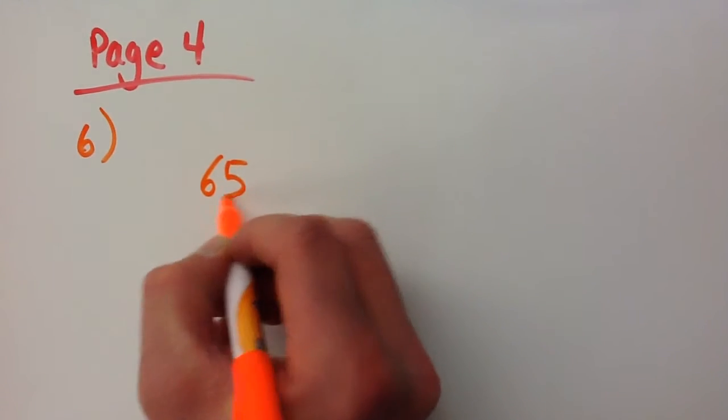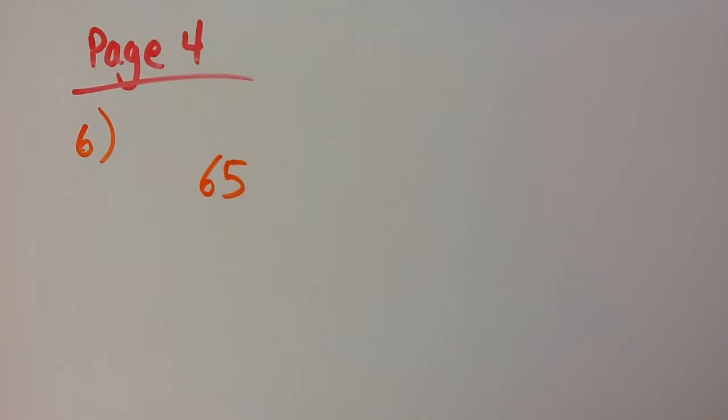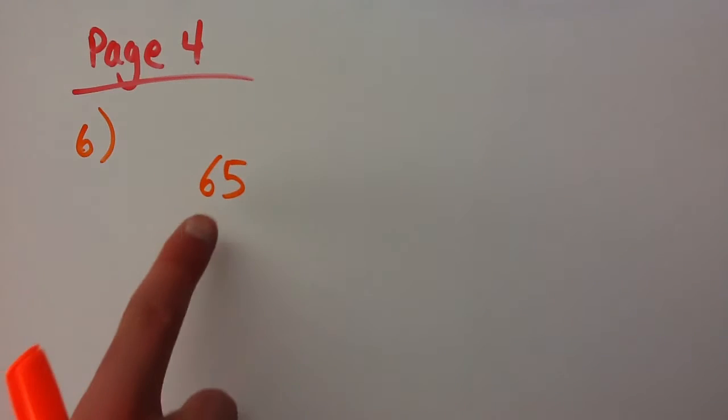Okay, page 4, number 6 says Jacob drove 65 miles. This represents 80% of his entire trip. What is the total number of miles in Jacob's trip? So how many miles did he drive? He drove 65, right? He drove 65 miles, and then it tells us this number represents 80% of his